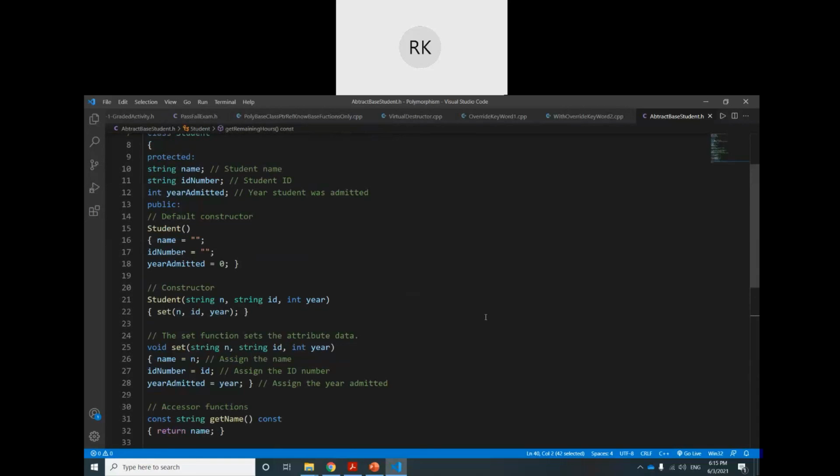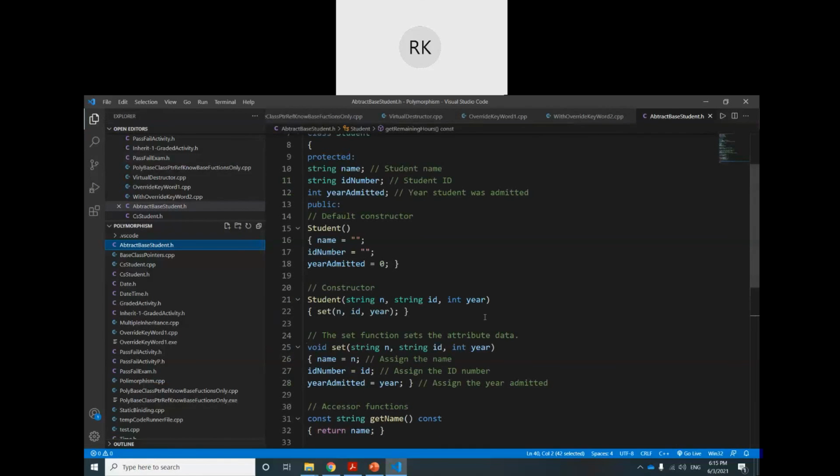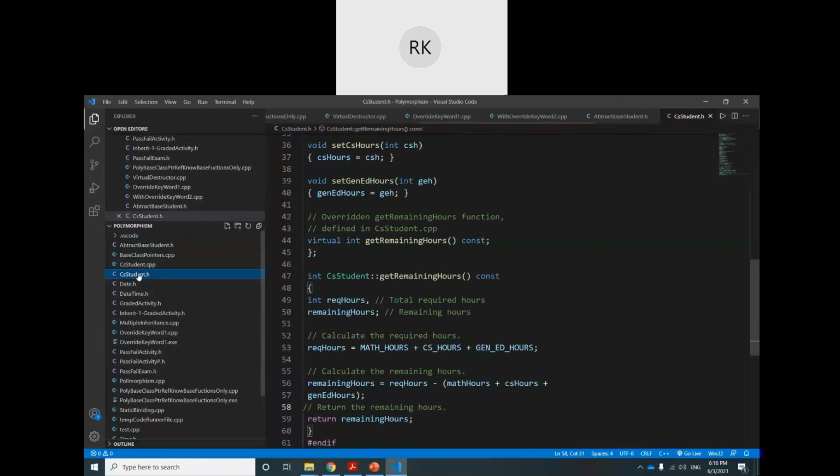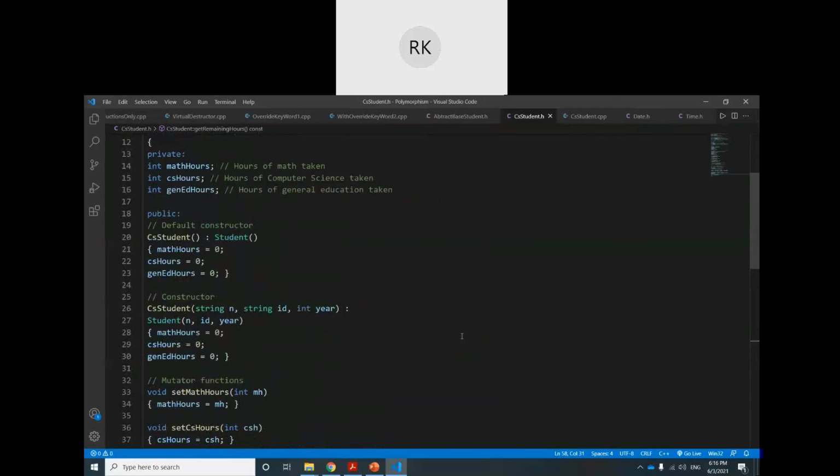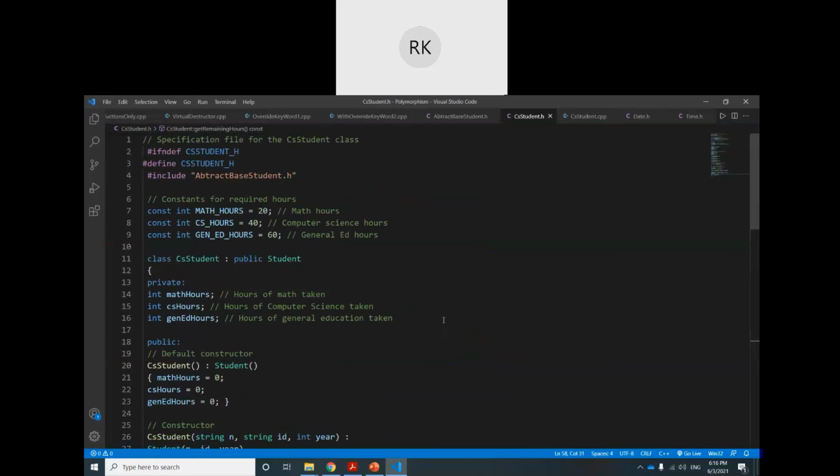Once we define this pure virtual function in this base class, the whole class changes to an abstract base class. Now another class we are deriving from this is the computer science student, CS student.h. So you see the base class was a general class, having the general attributes.